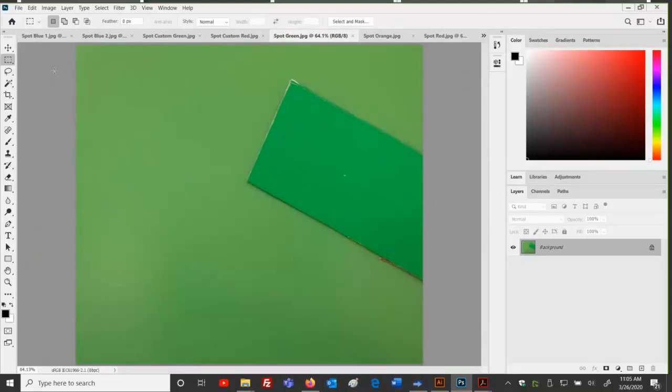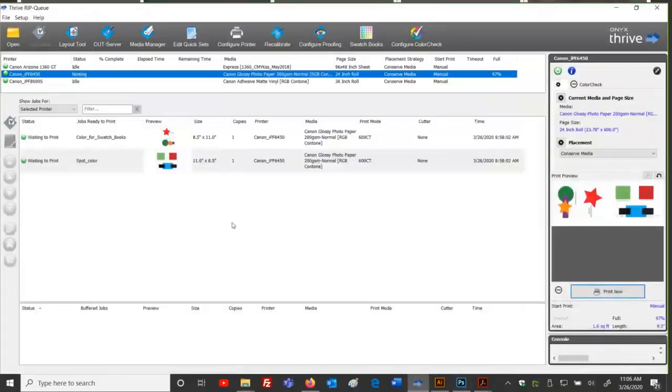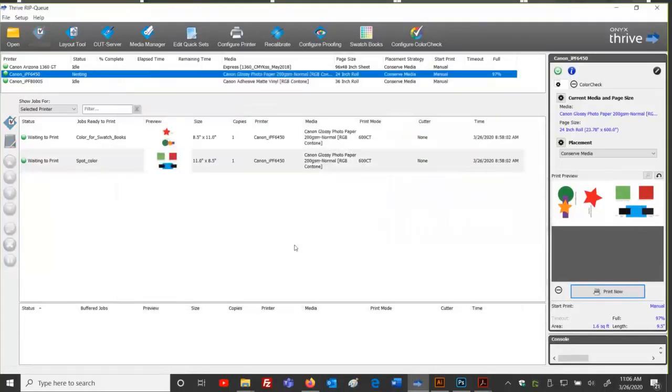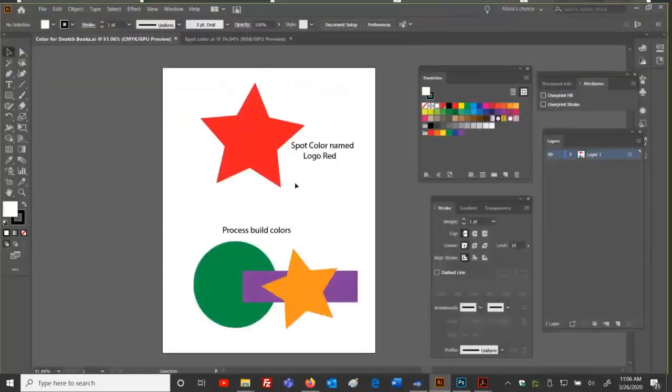Now, the avenue we take to adjust our color so that when I print these samples back here in the RipQ, I'm able to get that special green and that special red and that blue and however I need to do. The example you have choices. You can say, okay, I'm going to go back into Illustrator. And when I'm in Illustrator, I'll produce a variety of changes of that red file or that green or that orange, and I'll print and make variations in Illustrator, and I'll rip it and print it, and compare.